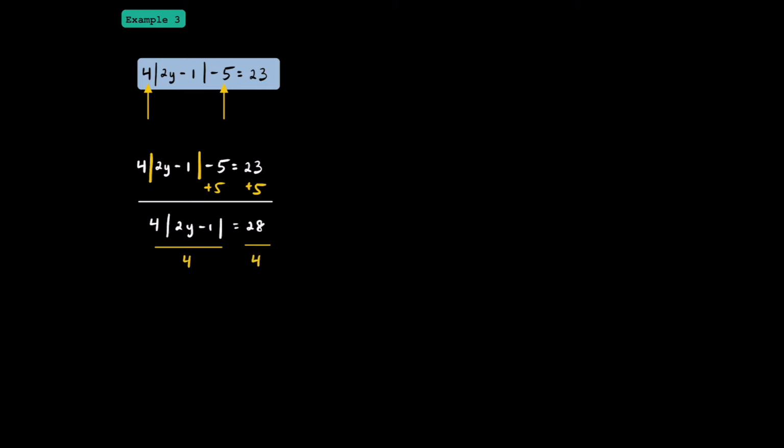Since 4 divided by 4 is 1, we can just have the absolute value of 2y minus 1 is equal to 7. At this point, our absolute value expression is finally alone, and we need to find out when 2y minus 1 is equal to either negative 7 or positive 7. Let's write our two equations now. First, we have 2y minus 1 is equal to negative 7, and we have 2y minus 1 is equal to